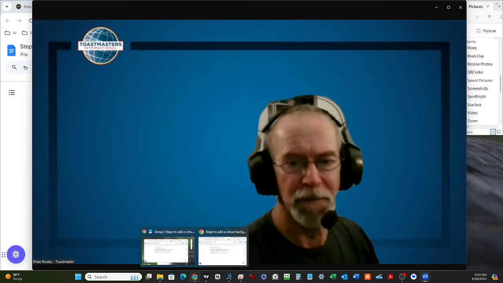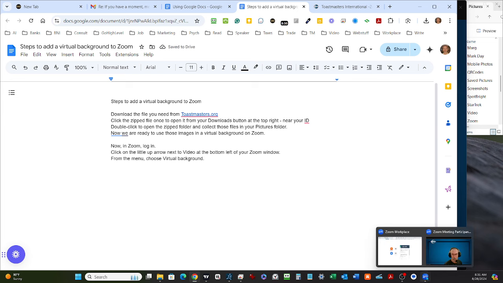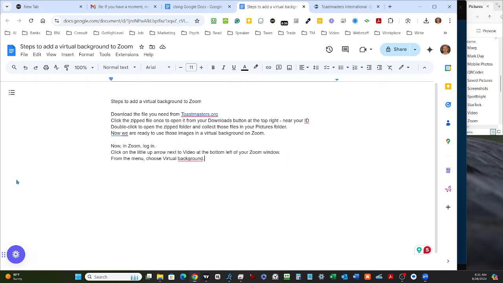It'd be so nice if you'd just take me back to my document. Okay, so this is an arrow next to the video, it's a little up arrow. So it gives you that menu. So from the menu, choose virtual background. I don't even know what it says. I've done it so many times. Let's go see what it says actually, because it says choose virtual background. Well, that's what I said. Why are you fighting me? Okay, choose virtual background, and then